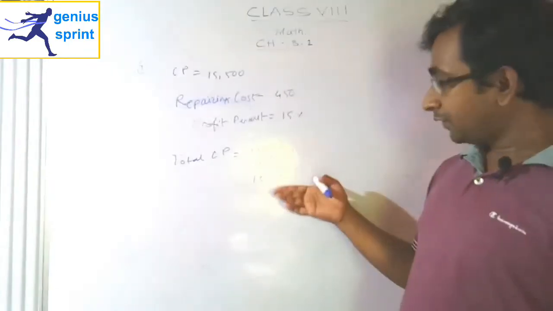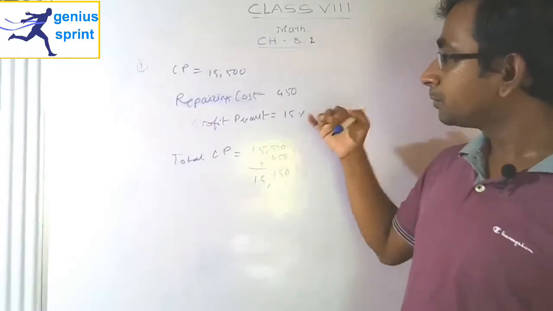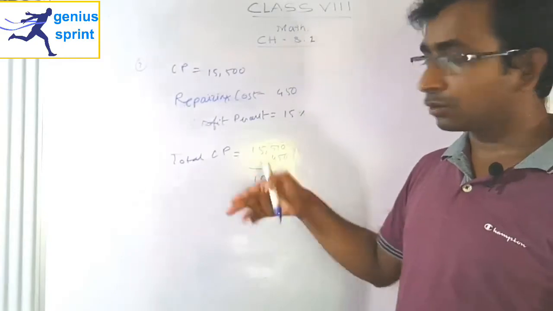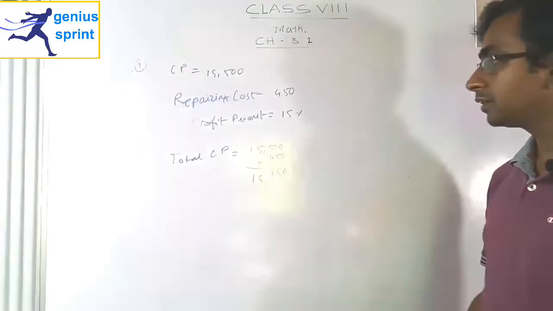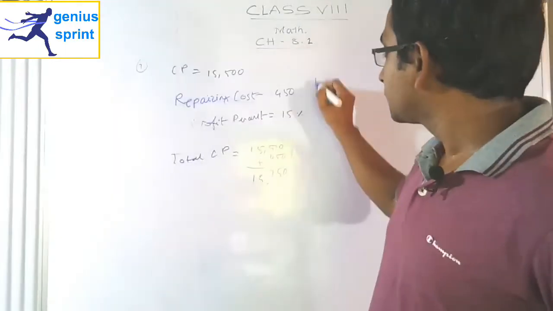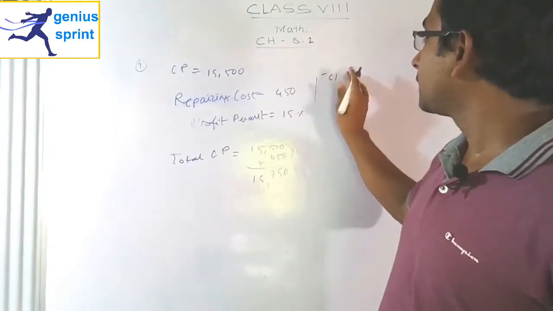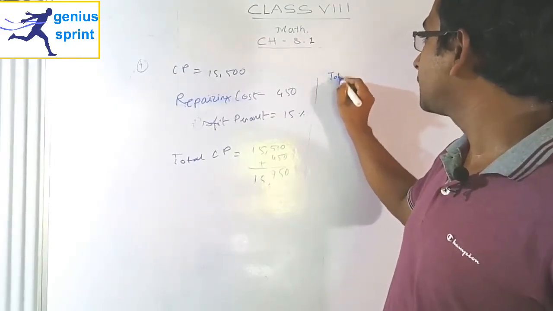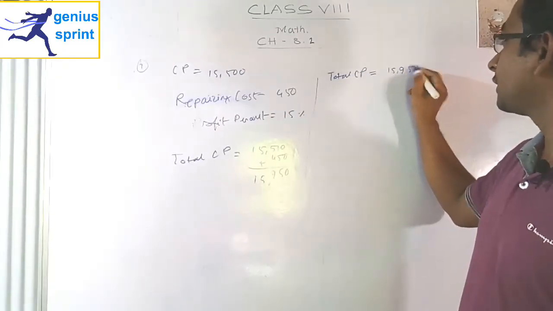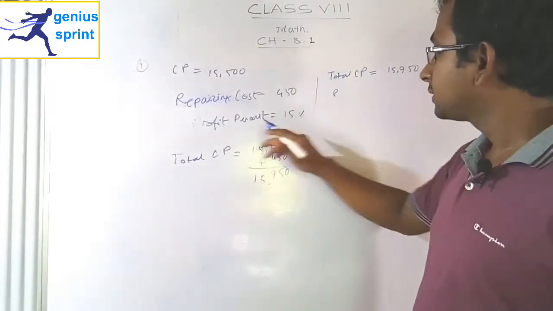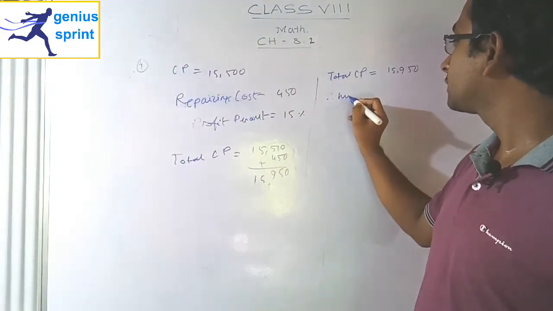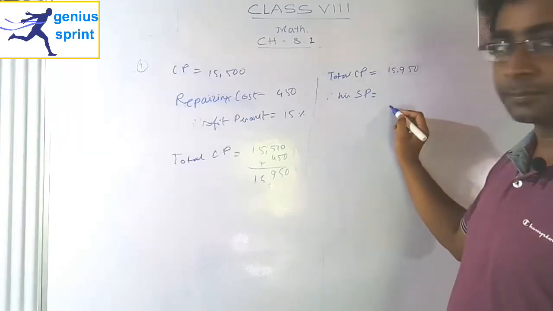Okay. So if it is the total cost price and he wants a profit of 15%, then what would be his selling price? See, these types of problems I already solved in the previous problems, so here this procedure I can also apply. So write CP, total CP. Total CP, or total cost price, is equal to 15,950. Fine. Profit percent, yes, it is 15. So therefore his SP, SP means selling price, should be